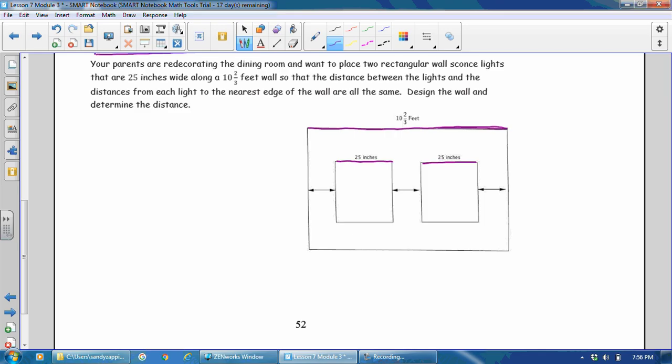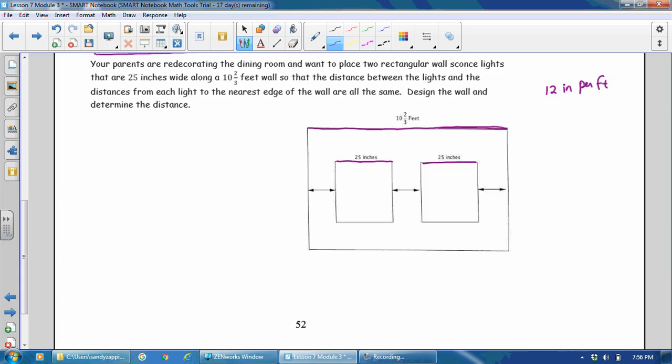So we're going to actually convert both of them. We're going to change the feet to inches and work with the equation that way. And we're going to change the inches to feet and work with it that way and determine which is the most efficient way to do that. So first, let's convert inches to feet. Remember that there are 12 inches per foot,